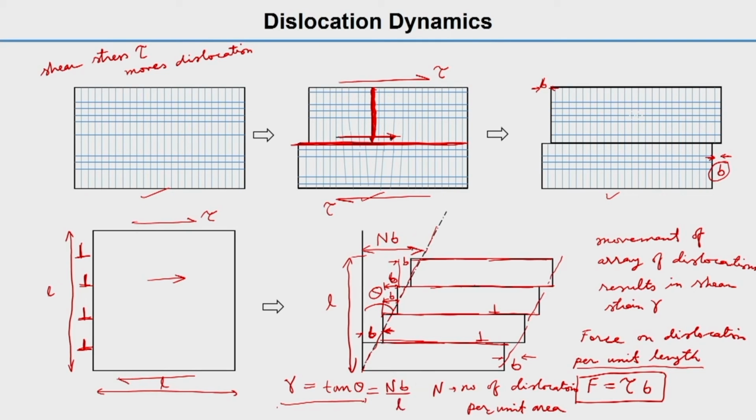If you see this triangle with this angle theta, this is the perpendicular and this is the base, so NB by L will be equal to gamma. So we will write again here: gamma is tan theta, which equals NB divided by L. N is the number of dislocations per unit area, B is the magnitude of the Burgers vector, and L is our domain or size of the material sample. Then we can write it like this,